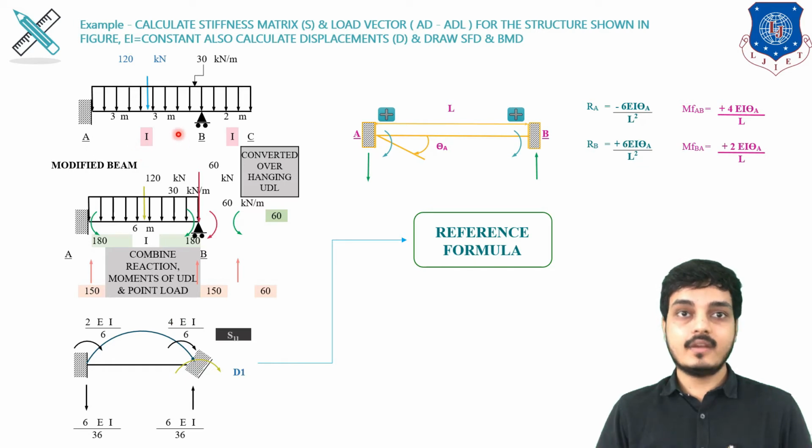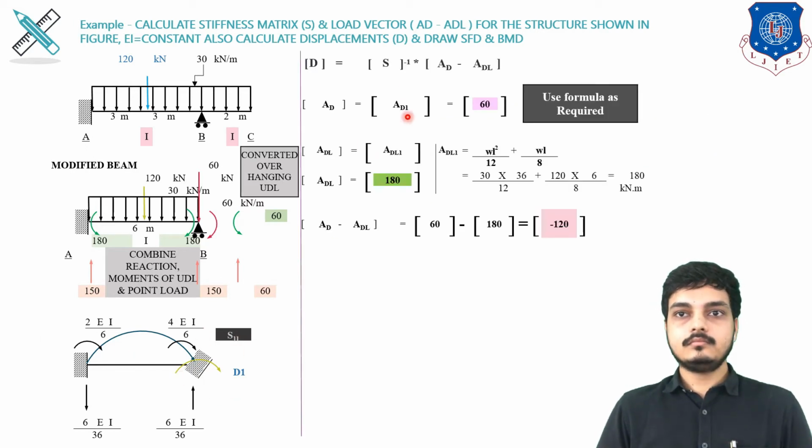L is nothing but 6. We have to consider the AB span length. And at the opposite end it will be half, which is nothing but 2 by 6. Its reaction will be 6EI by L square. So L is 6, and 6 square is 36, so 6EI by 36. Now, as you know the moment is applied clockwise, so both the moments will be clockwise and its reaction will be anti-clockwise. So to rotate this entire beam anti-clockwise, we apply an upward reaction here and a downward one here. So these are my unknown applications which I have applied at the B support.